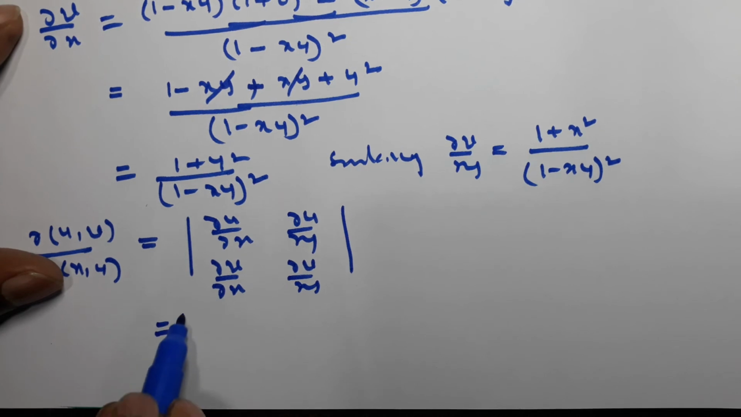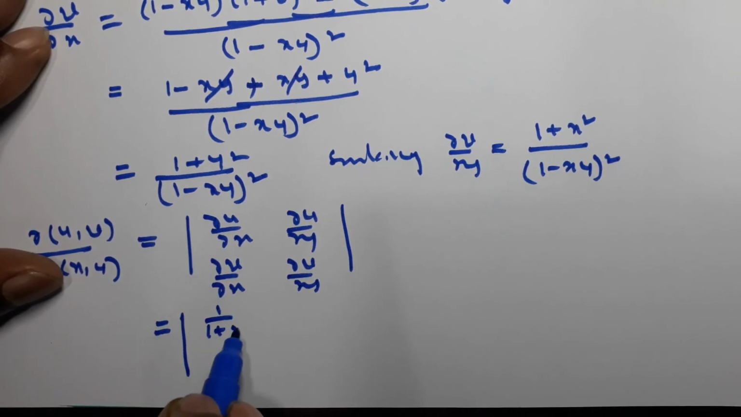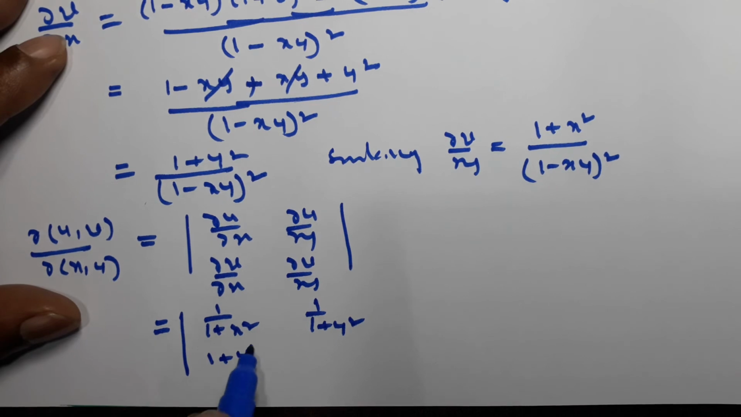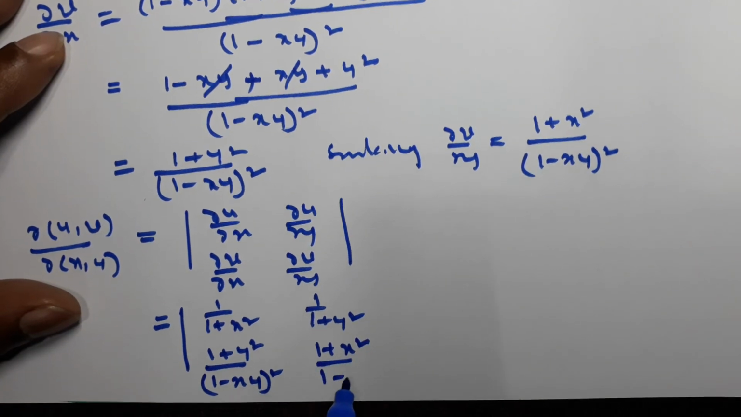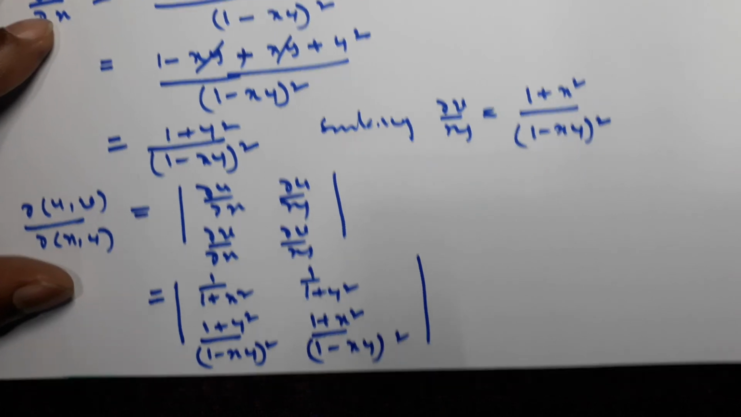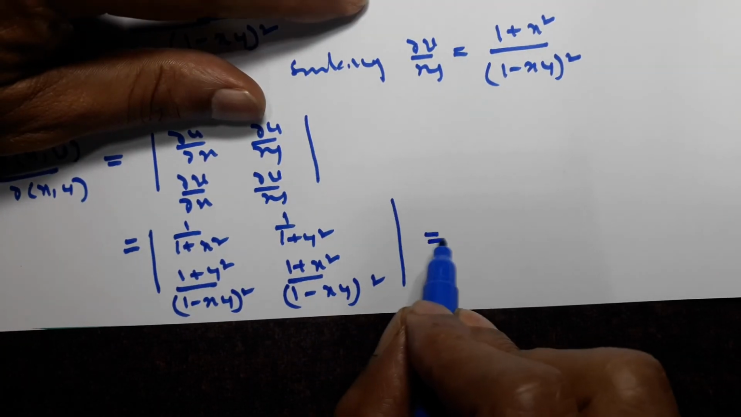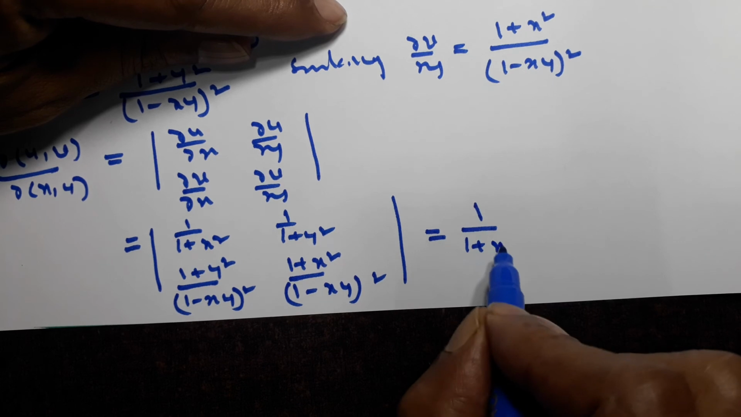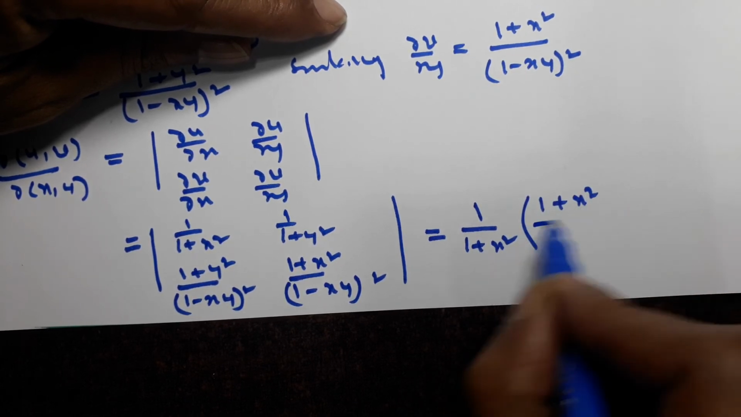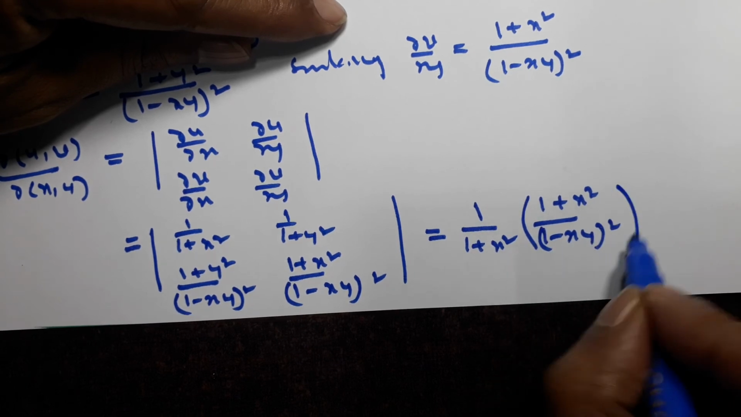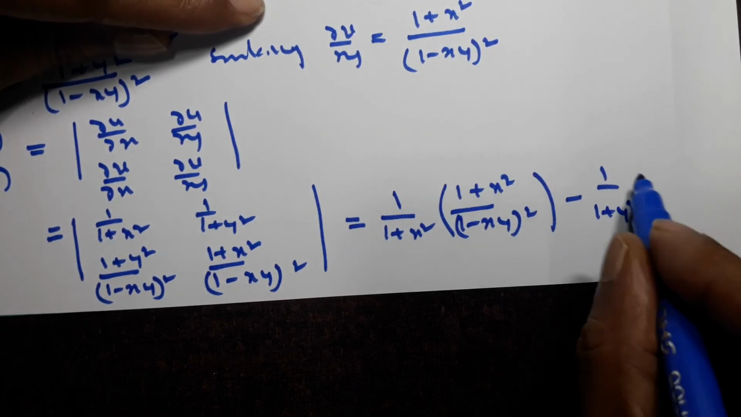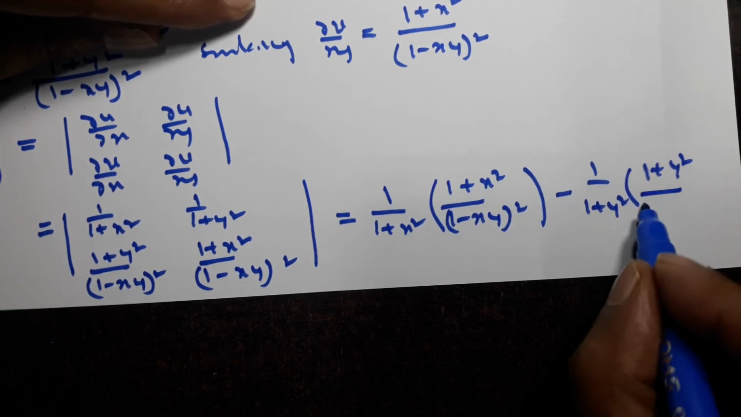is equal to the determinant 1/(1 + x²), 1/(1 + y²), (1 + y²)/(1 − xy)², (1 + x²)/(1 − xy)². On simplification it is 1/(1 + x²) into (1 + x²)/(1 − xy)² minus 1/(1 + y²) into (1 + y²)/(1 − xy)²